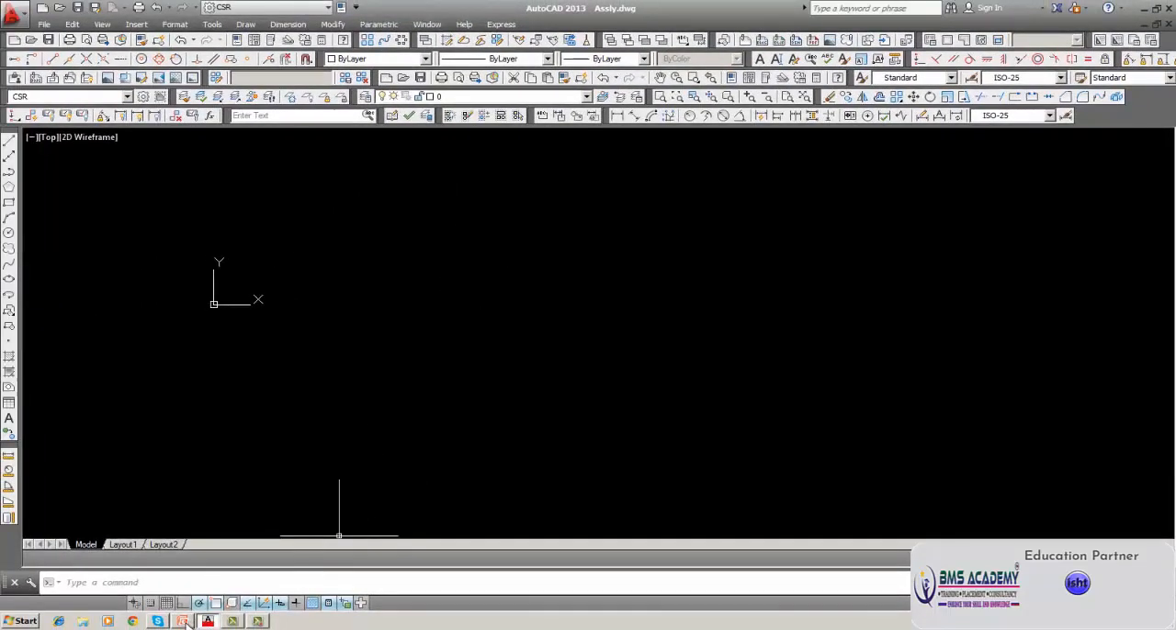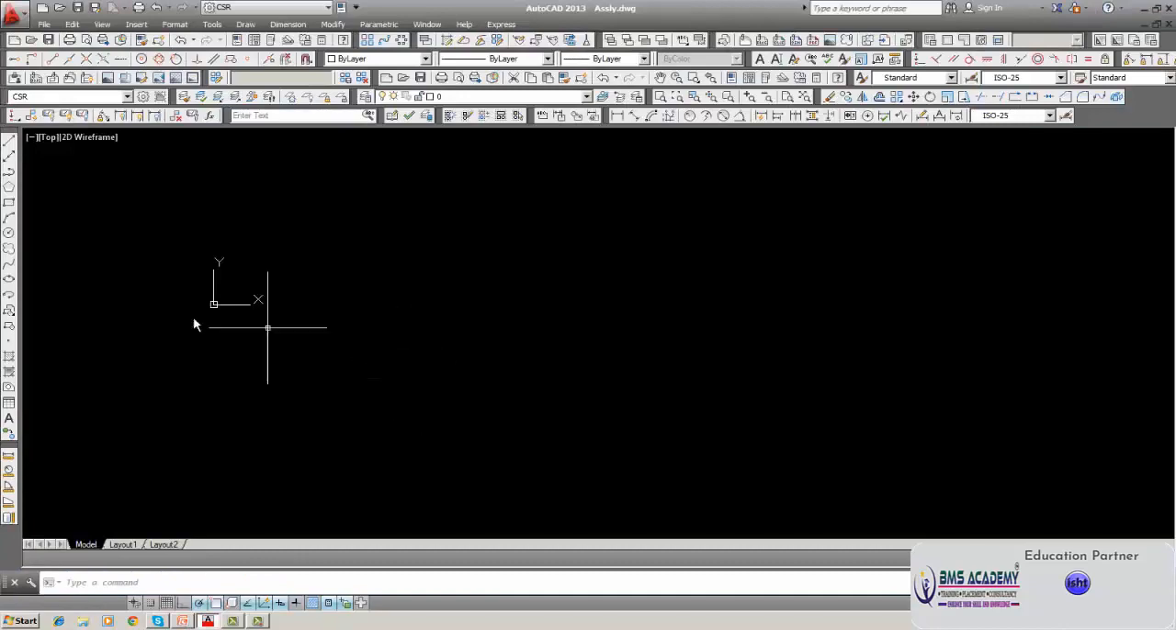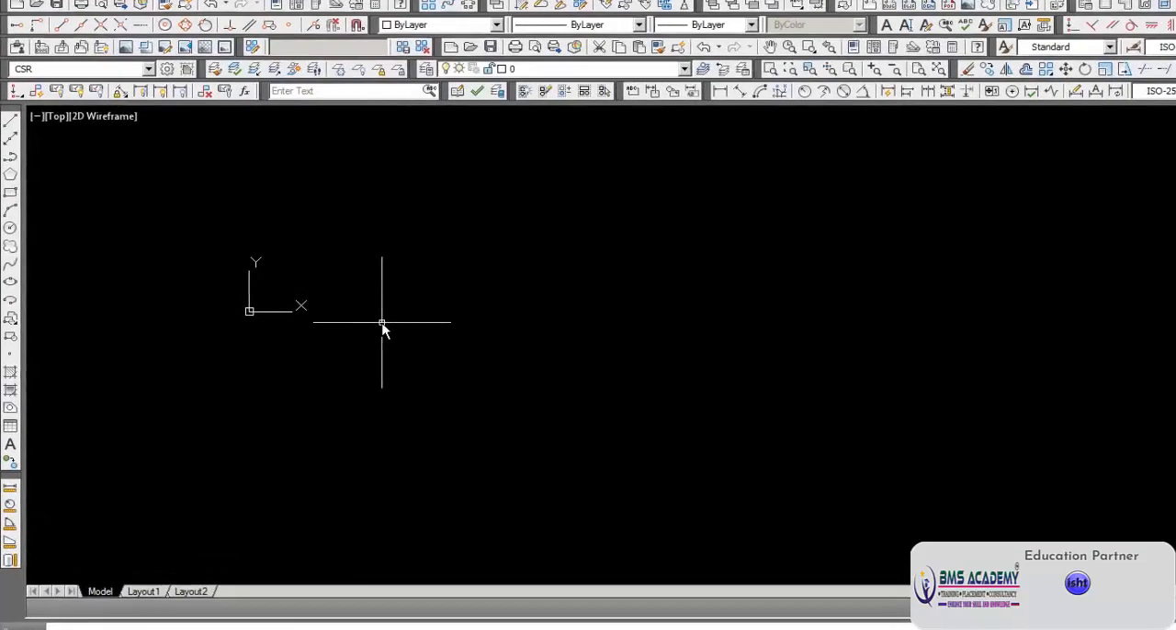Now, we have learned about the purge command, measure command, and p-edit. Now, explode, LT-scale and scale. We will know about these things. Now suppose